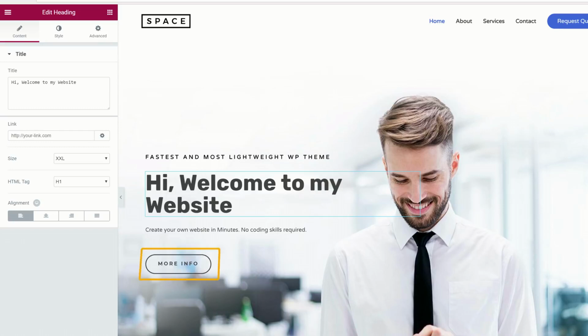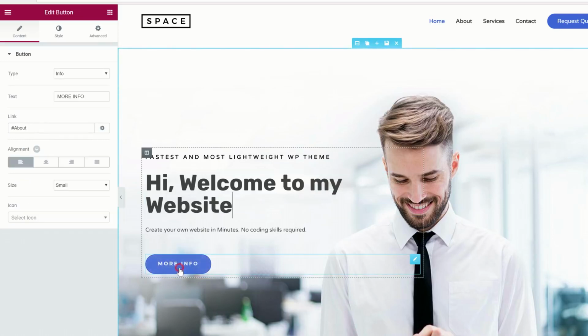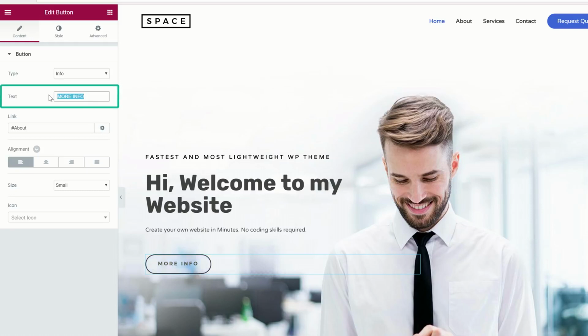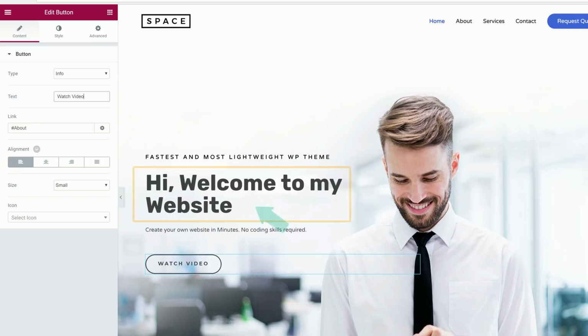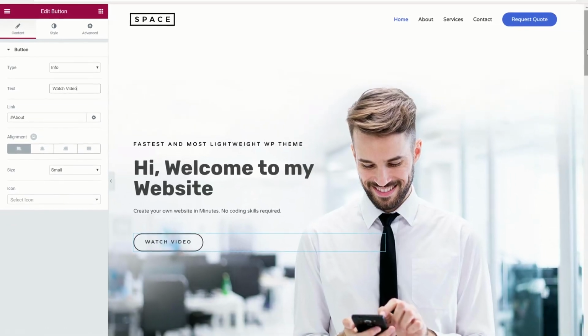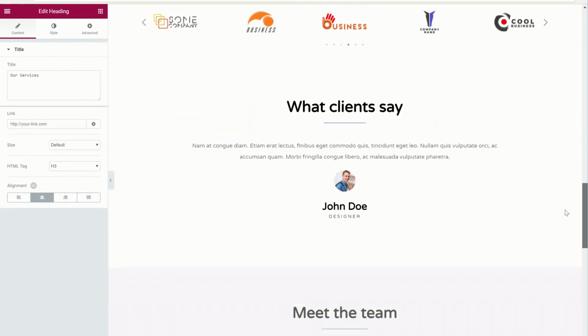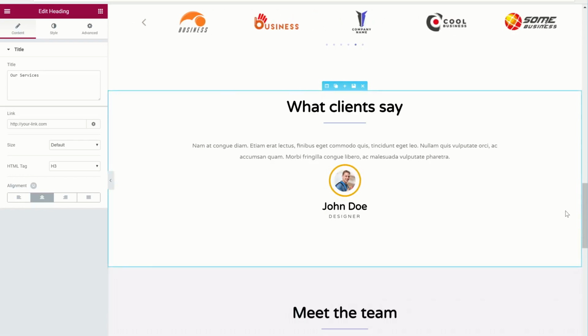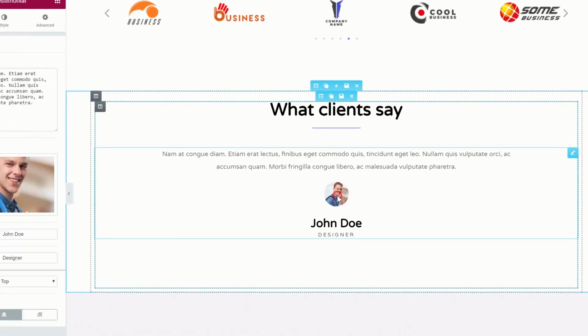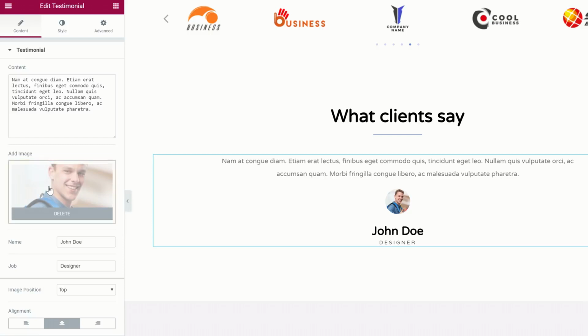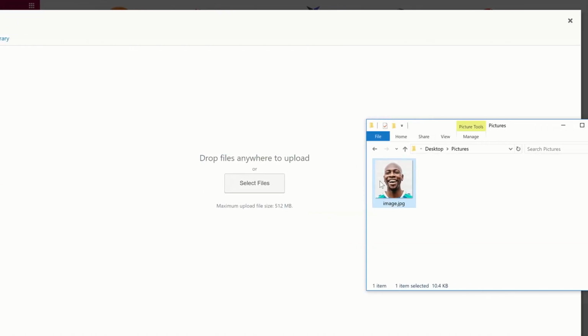And now if you want to change the text on this button, you just click here and change the text on this button here. So the same way you can edit any text you want on this page. Just select the text and then start typing. So this works out throughout the website. Now if you want to change this image, you just click it, select the image here and drag and drop your image.